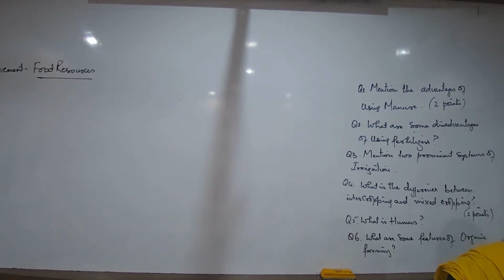Can I write this point: the chunks of manure take a long time for the process of solubility in the water. The chunks are irregular and take a long time to get dissolved in the water. Another characteristic, the second: after the application of manure, the growth of the plant would not be immediate. The growth of the plant will be observed after a long period of time. Why? Because the chunks and the molecules take a longer time to get dissolved in the water.